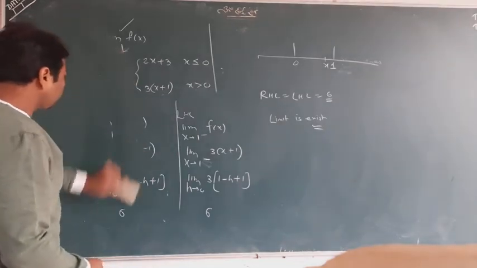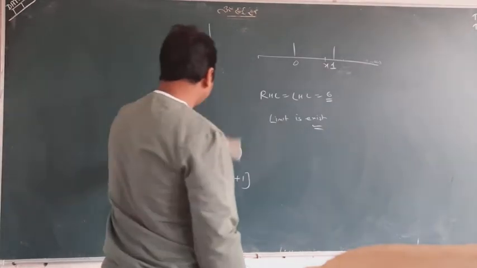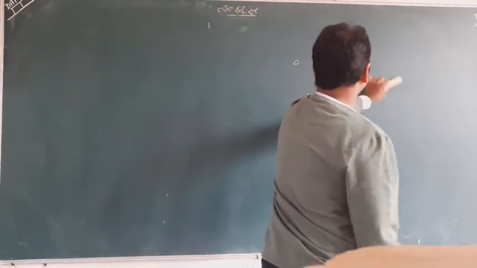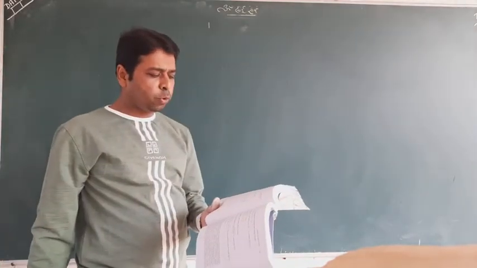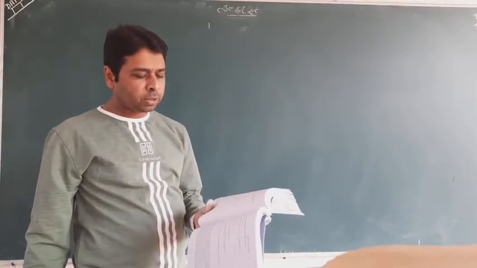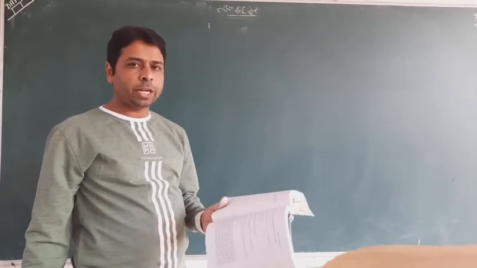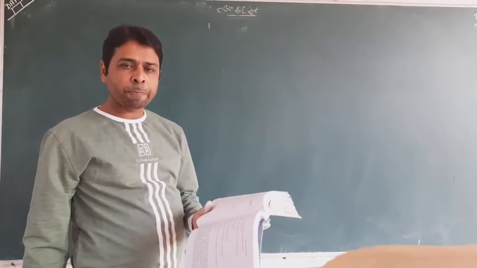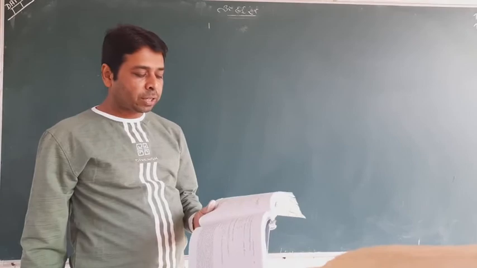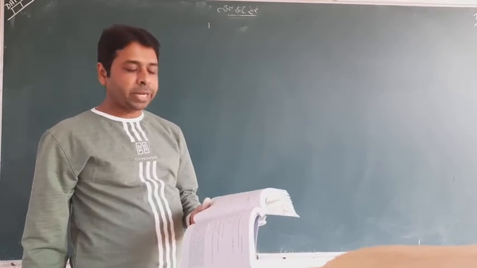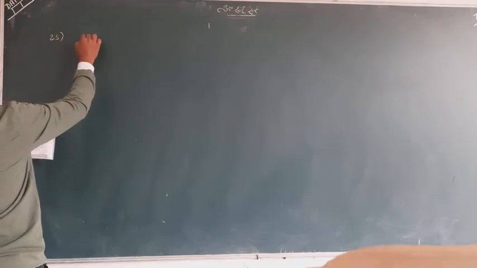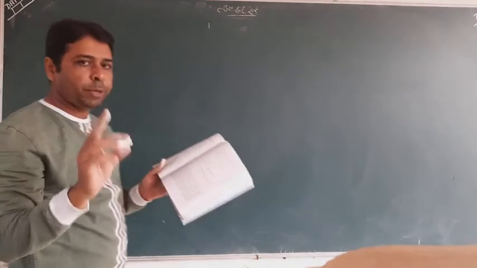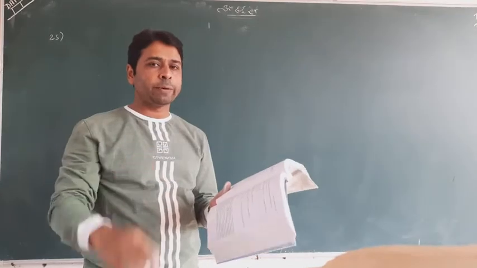Now question 23 we have finished. Let me take some similar questions further. 24th question is very common. You can do it on your own. For 1 it was asked, and limit is also for 1. So right hand limit and left hand limit, take both the limits. For right hand limit, take x greater than 1, and for the left hand limit, take x less than 1. So 25th I am telling you now. 25th and 26th are copy questions. So I am telling you 25th, you do 26.